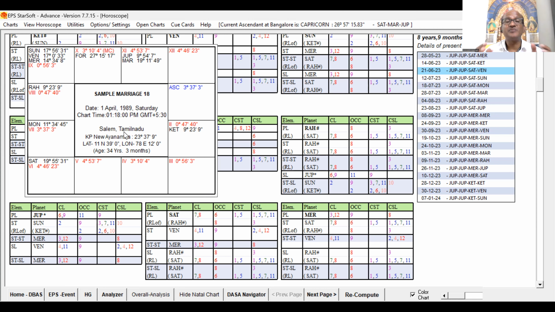Then we can easily, it will take some time definitely, because normally we take only cuspal lordship and occupying house. We are going to extend CST and CSL. We are going to extend two more levels, that are 2A level and star lord of the sublord, and we are going to check the impact of the support planet by way of Rasi, conjunction, aspect, and rulers link. Rulers link means how the planets are connected to each other by way of rulers within the planet. So their impact and all we are going to check. Then only we can know the correct picture of a planet.